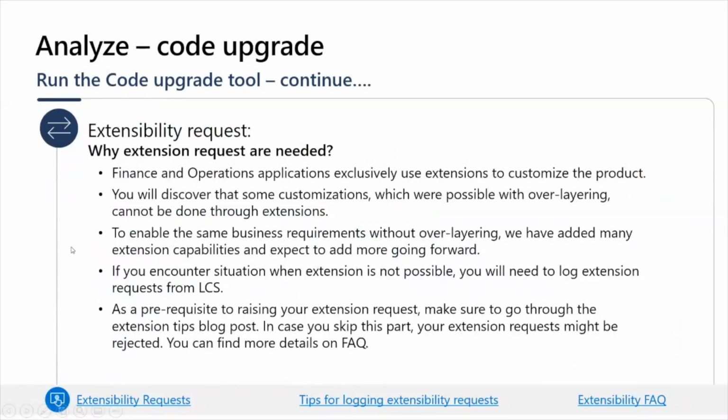Right. So we were talking about extensibility requests, right? As I said, in finance and operations, overlayerings are not allowed anymore, right? And extensions is the only way to customize the product. So we'll find that some of the overlayering customizations are not possible through extensions anymore. If you have a genuine and valid business requirement that you would still want to achieve without overlayering, we have already added lots of extension capabilities for you, and we are adding many more going forward. So if you have found that you are missing a valid extension point, you can raise an extension request through